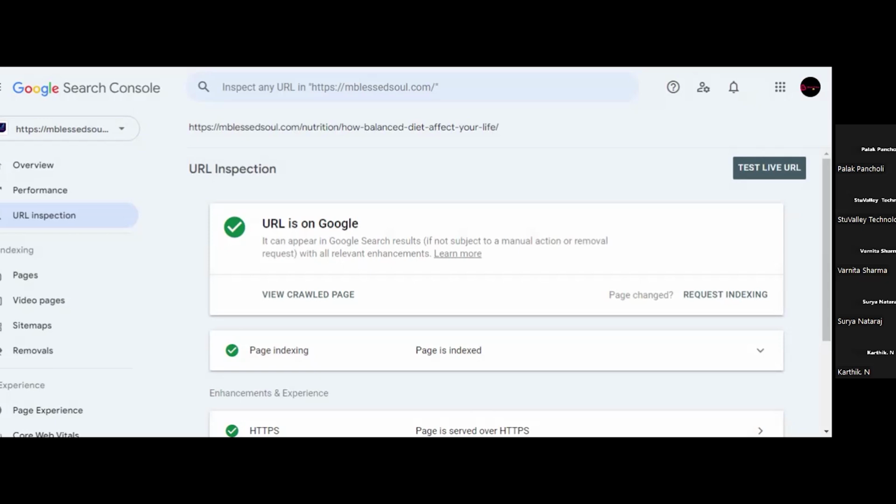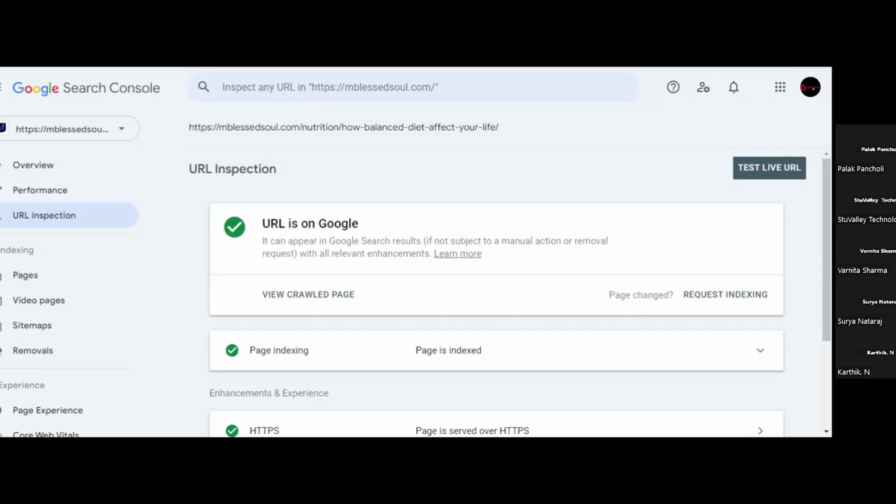So that when someone searches for any keyword related to your business, they will rank your content in front of them. This process is known as indexing.